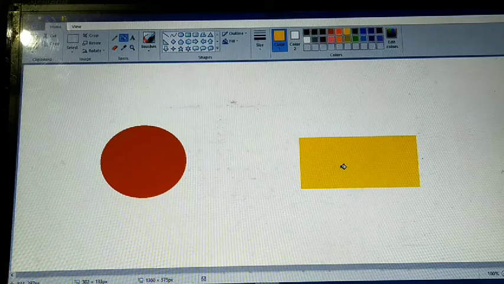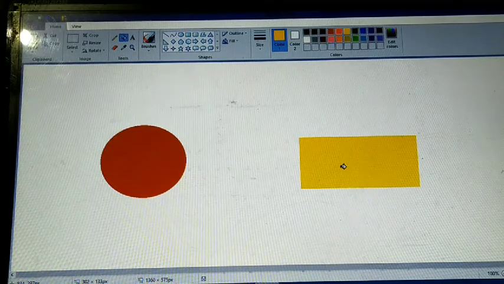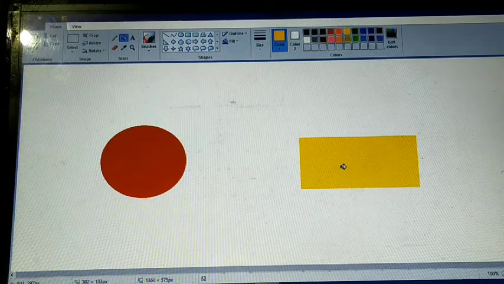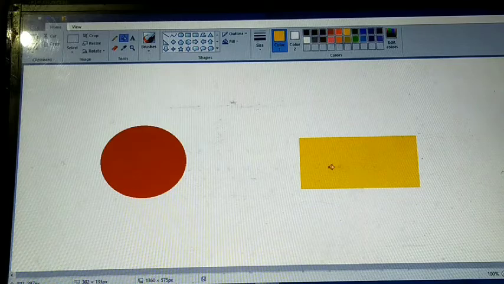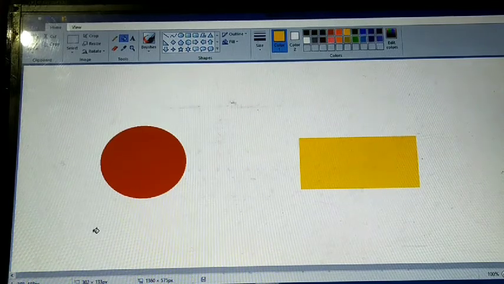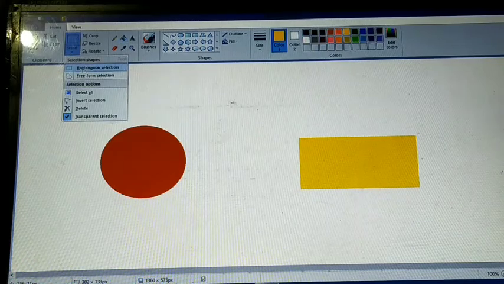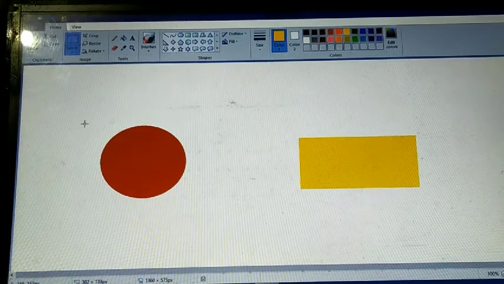Now we'll be studying, first of all, how to select an object opaquely. Opaquely means the background will also be applicable there. Means you'll be seeing what the background is here, white color. So you'll be seeing what is happening here, then we'll be giving the conclusion. So see from here.